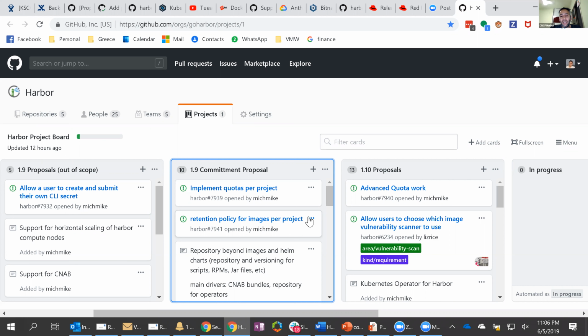And the second one is the ability to limit a project on a per size basis. And we're going to make that size calculation very simple in V1. It's going to be the total virtual size of all your images and your repositories. So that means that if you have a single image that's sharing some of its layers with another image, they're going to get double counted. I know that's not ideal, but it's the simplest and easiest way for us to portray this number right now.